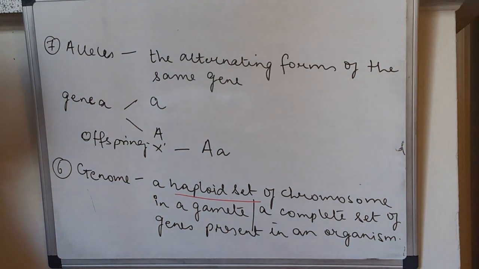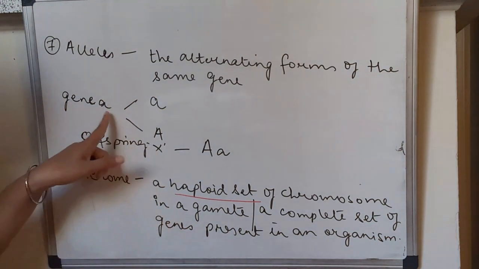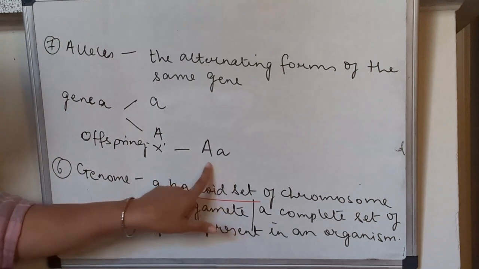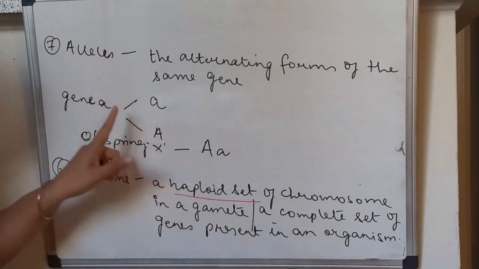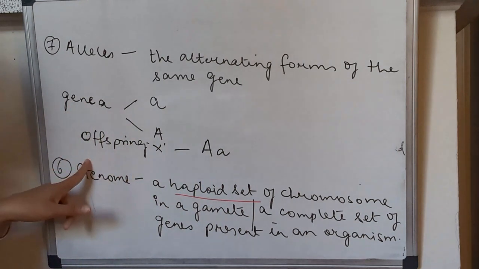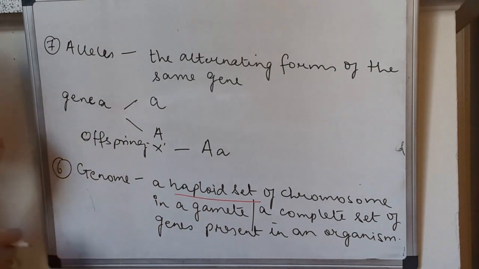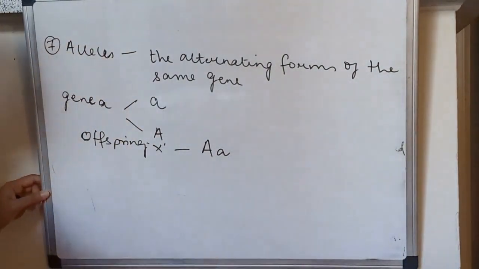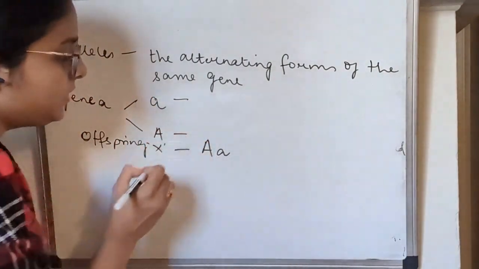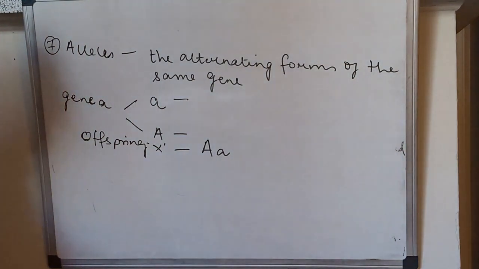Alright, that means offspring X has the gene A in the form of capital A, small a. So this thing, capital A, small a, is going to represent gene A for this organism. Am I able to explain to you? So from here we come to another important thing: why are we writing one as capital and another as